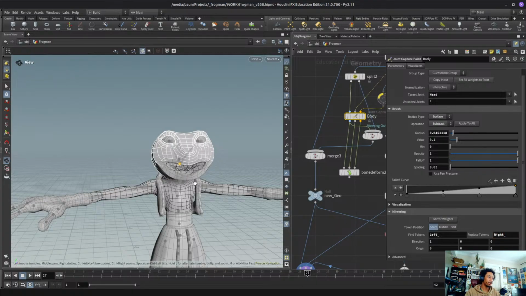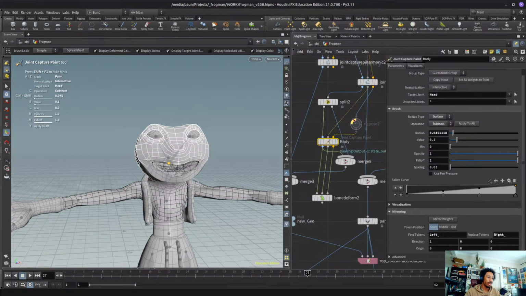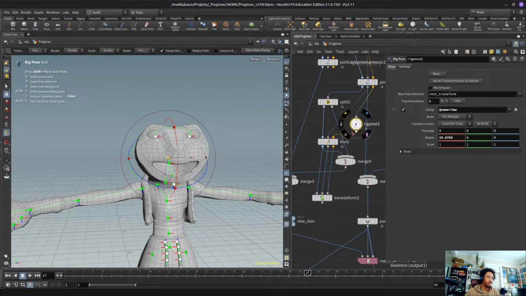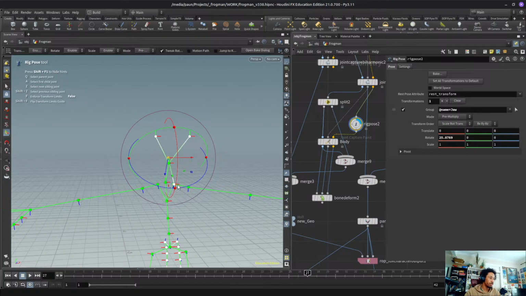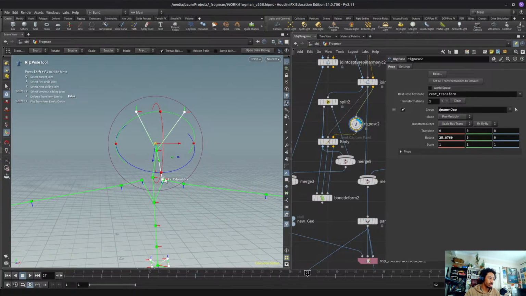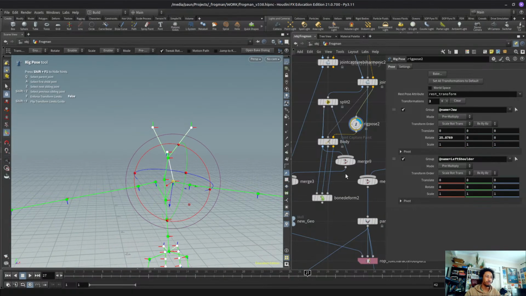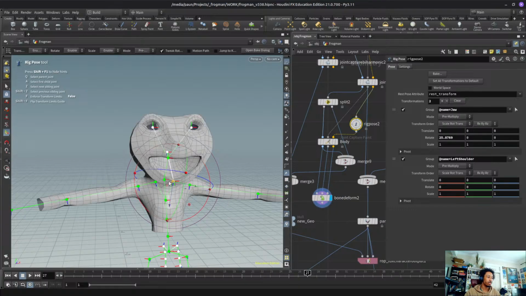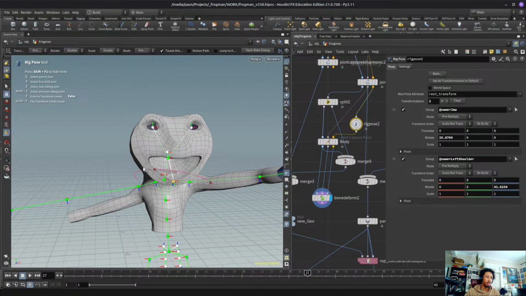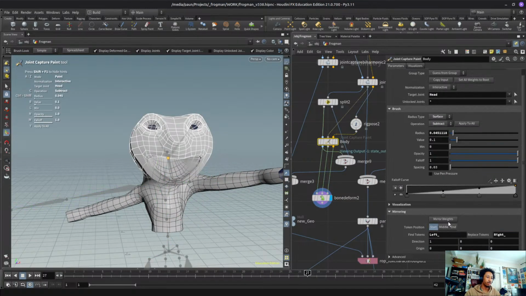And if I mirror and I select one of them, like left to right, I look at this like that. If I mirror weights,